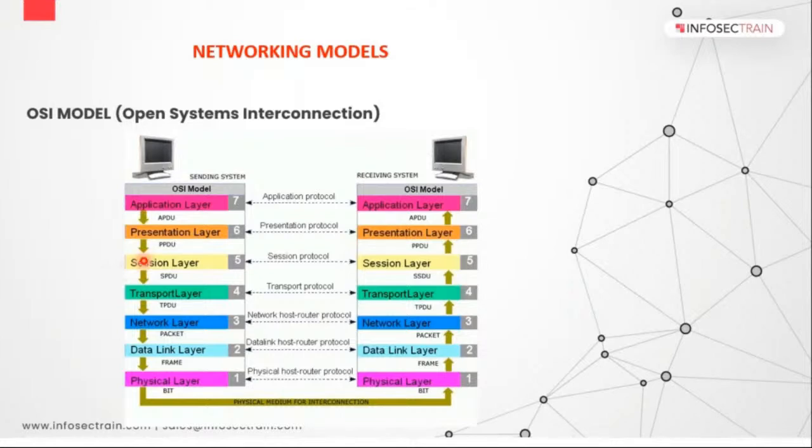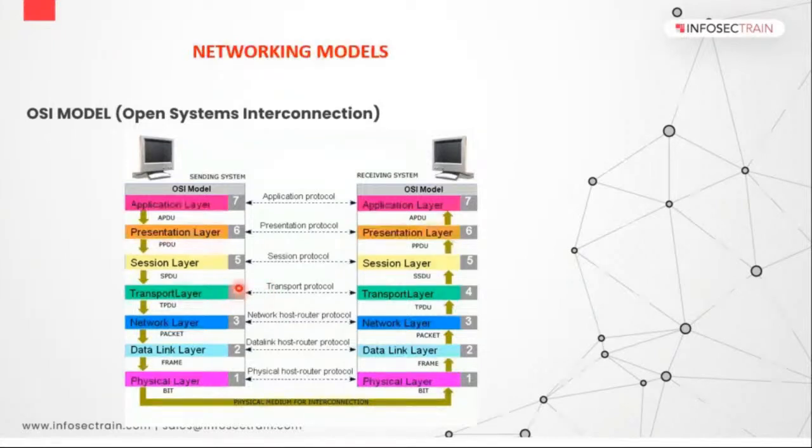The session layer of my sending system will communicate with the session layer of the receiving system, and it will start a session with it. It will give it a path that I want to connect with you, so it will be connecting with the session layer of the receiver system. Now, next thing that we have is the transport layer.